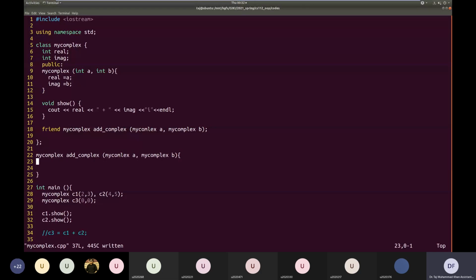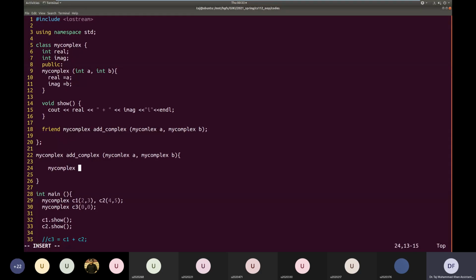So it can create a new object, my complex result. We can directly initialize it with a dot real plus b dot real.